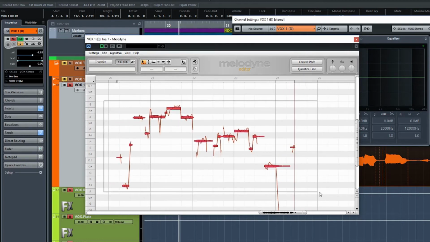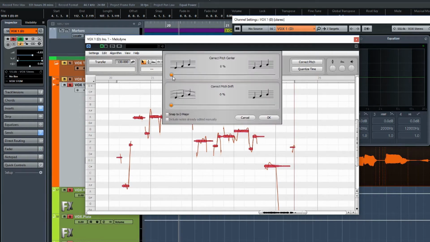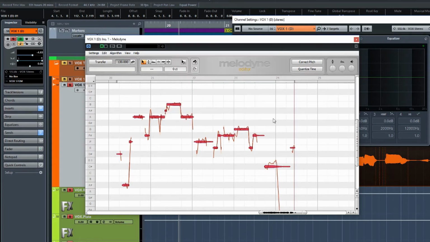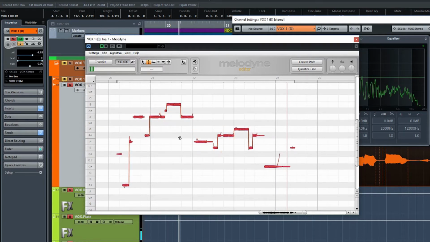So if we select all the notes, my first step will be to automatically quantize fully, correct the pitch fully. Okay, then we get: So if you want the world to smile with you, then you gotta let it go. So that's getting closer. But now I want to change the pitch modulation, and